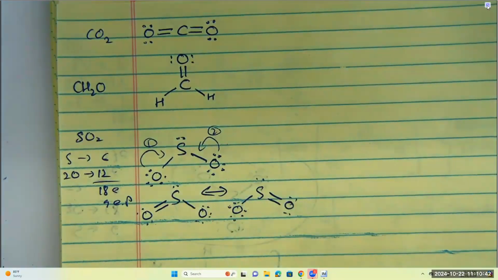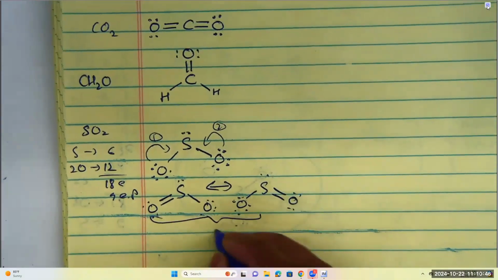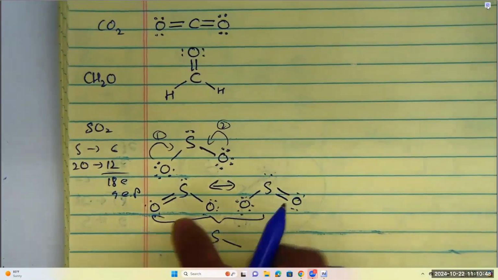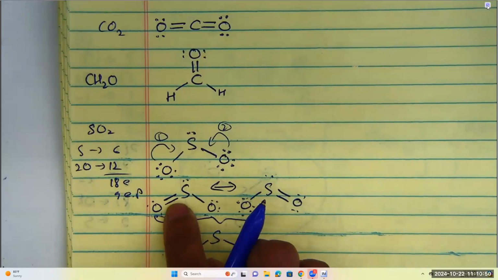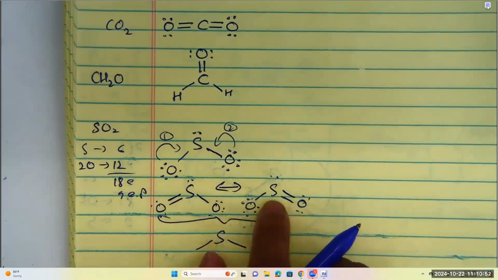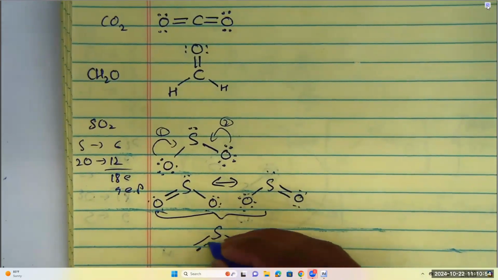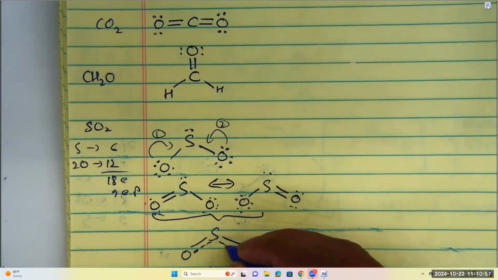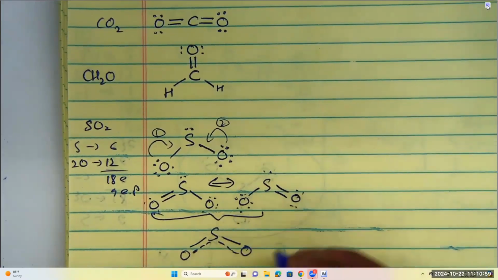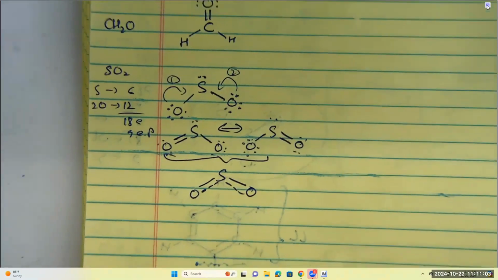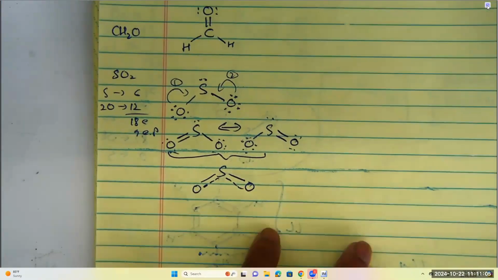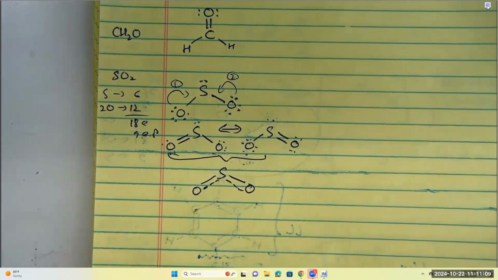We can do the hybrid as well if we want to. Hybrid will be in between these two. So it should look something like this. This bond is not a double bond, not a single bond, something in between. Therefore, we can indicate like this. And then same thing on the other side, right? So this should be my hybrid structure for SO2. All right, now it's not relevant to this, but I drew that anyway because we are talking about it. All right, and after SO2, I believe we have